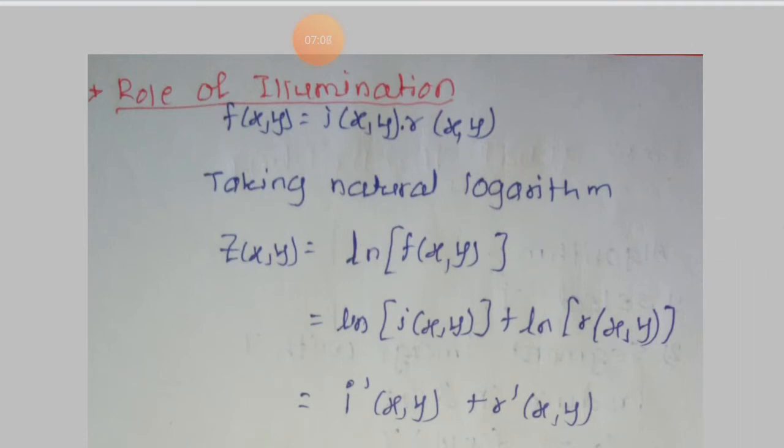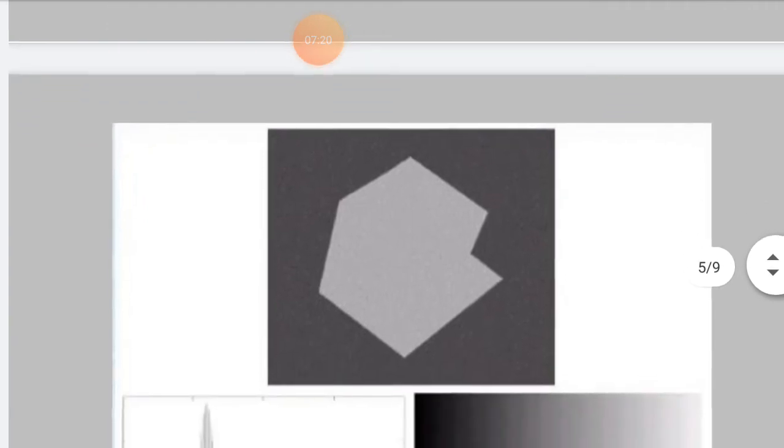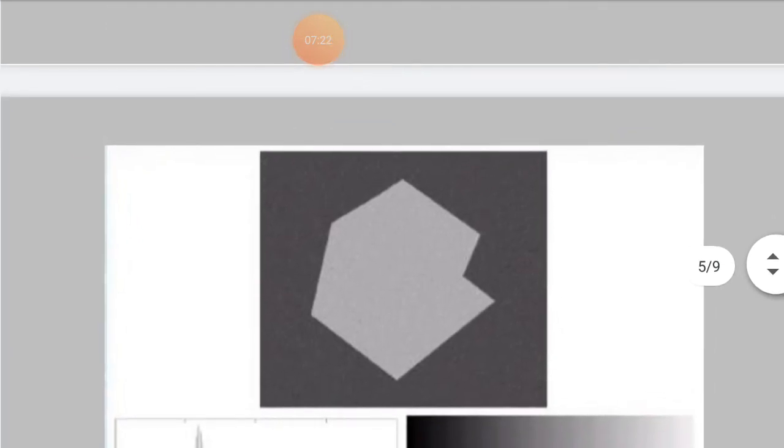Role of illumination. f(x,y) is formed as the product of the reflectance component r(x,y) and the illumination component i(x,y). The purpose of this section is to use the model to discuss briefly the role of illumination and reflectance on thresholding,